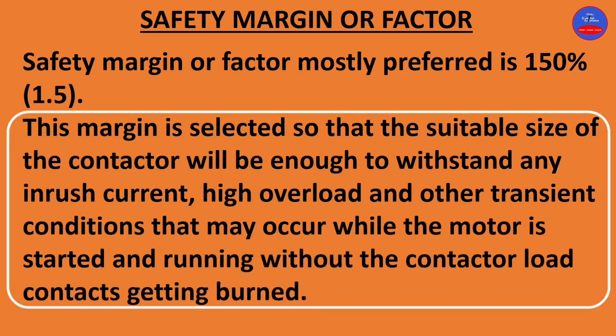Because this margin is selected so that the suitable size of the contactor will be enough to withstand any inrush current, high overload, and other transient conditions that may occur while the motor is started and running, without the contactor load contacts getting bent. What it means is that in order for the contactor to be able to withstand these conditions, that is the high inrush current, high overload, transient conditions, and other conditions, the size of the contactor